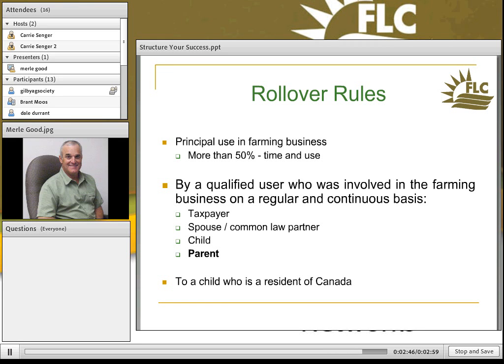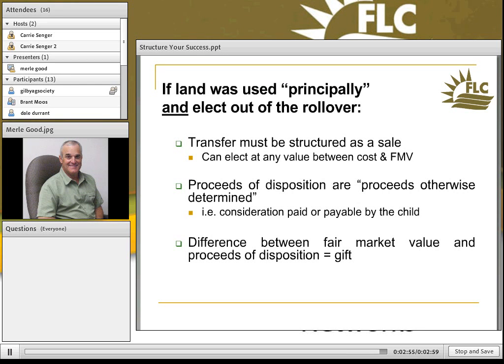So let's go along and look at an example and see what it looks like. Okay, so carry on. So in other words, we can pick, as I mentioned, anywhere between